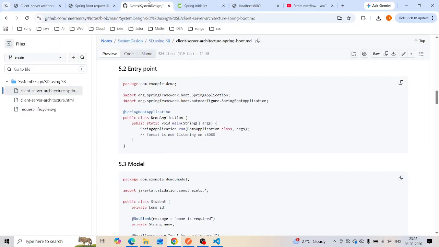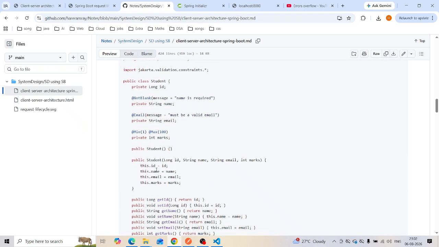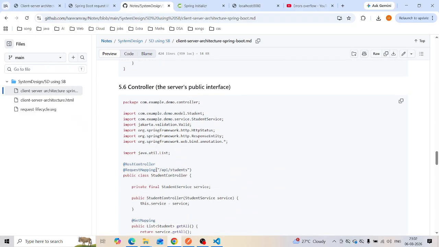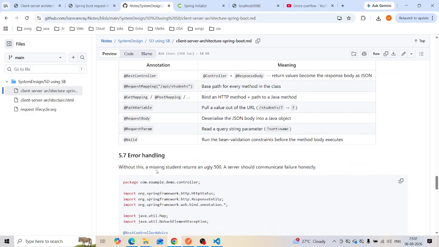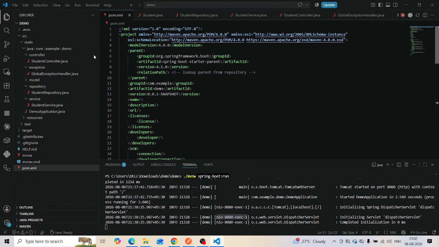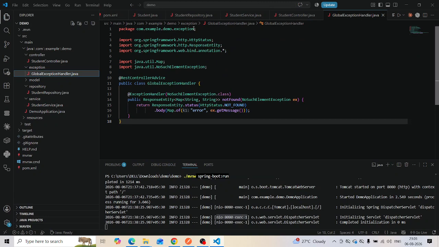Now you will create one folder for model and add this one, one for repository, and one for service. You create folders and put in the controller. For error handling, you can put it in the controller, because here you see this is a complete example, the demo.controller package is there, so you can put it inside controller. Otherwise you can create one exception file and put it into that, and just rename this here.